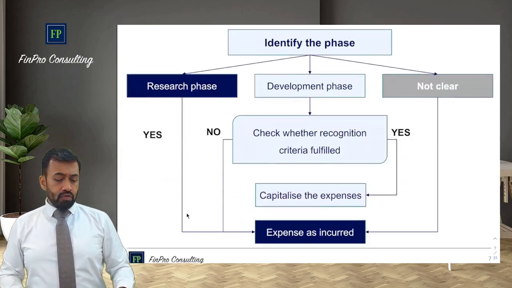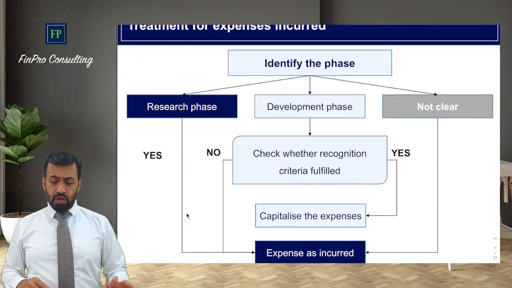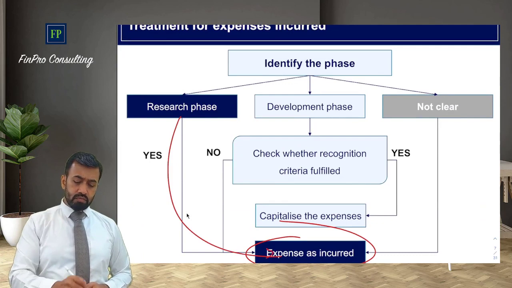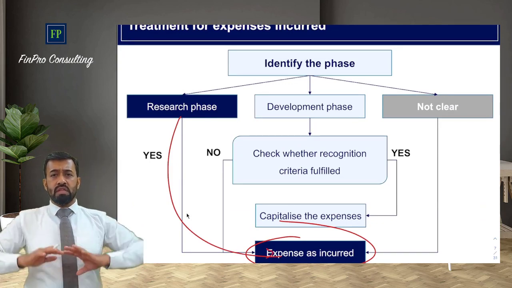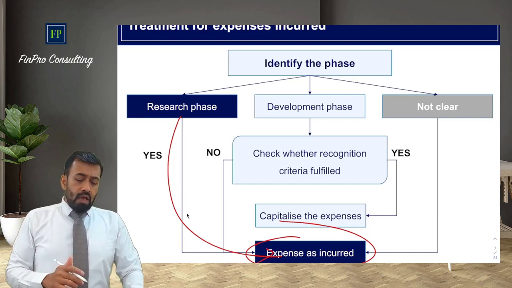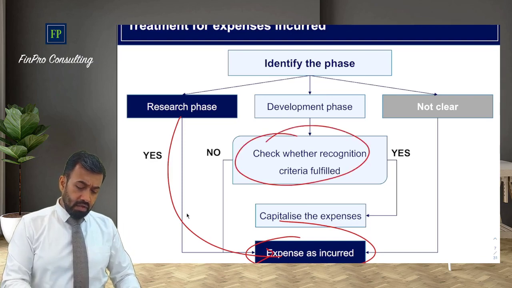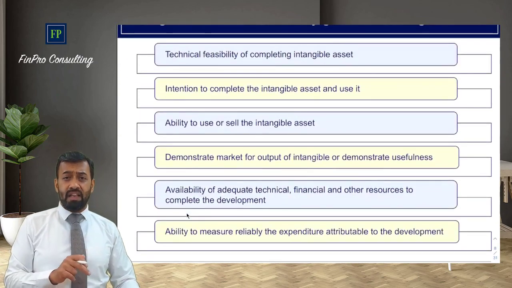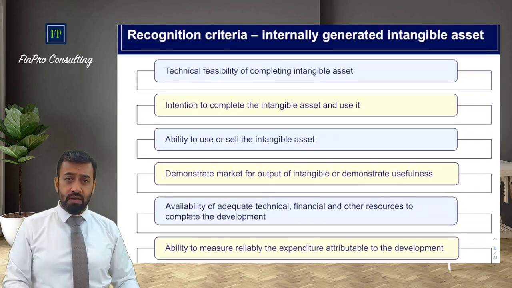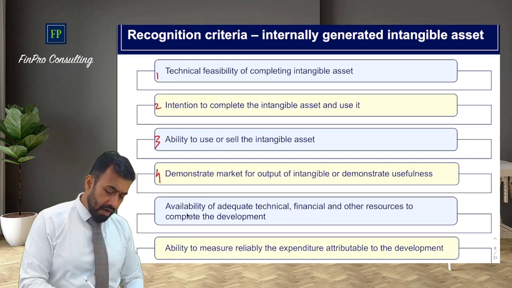All right. So here is the treatment of research and development expenditure. If it's a research expenditure, it is always expensed out. You don't have to think anything about this. Immediately expense it out. Development expenditure, if it satisfies the additional criteria, these are the additional criteria. These are the criteria which we have discussed in detail in a full-length batch. Number 1, 2, 3, 4, and 5.